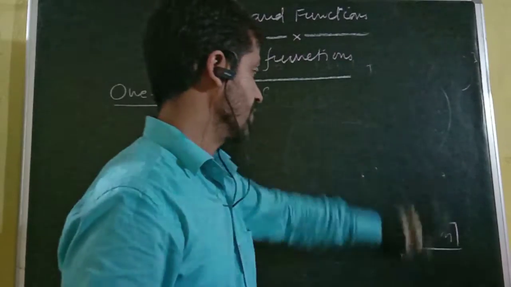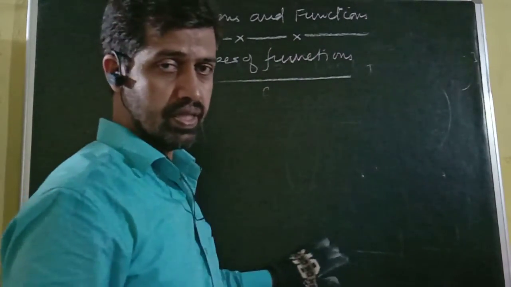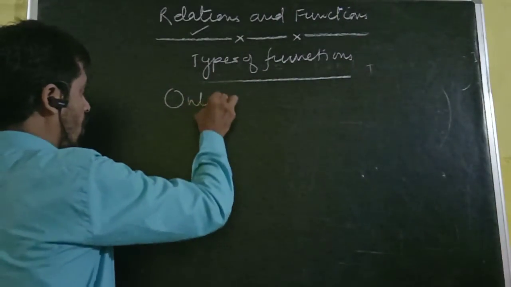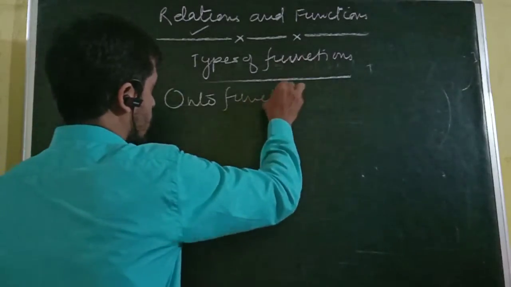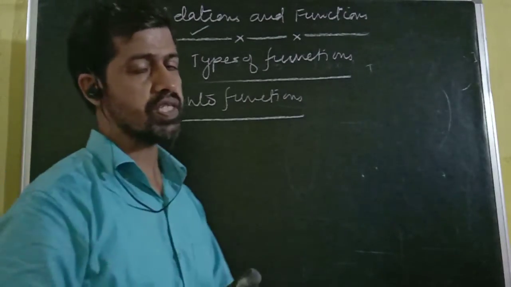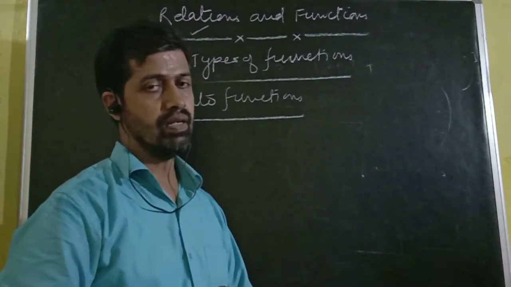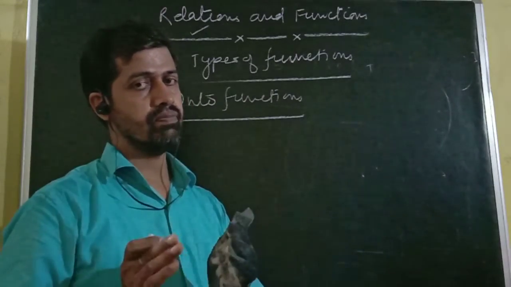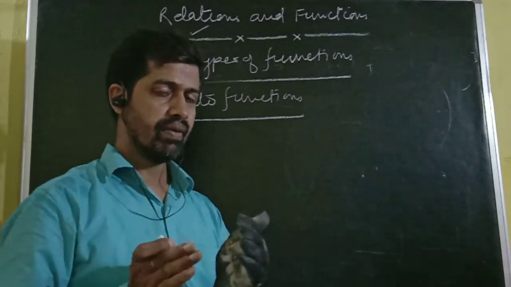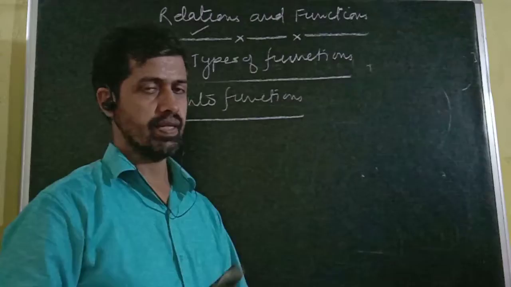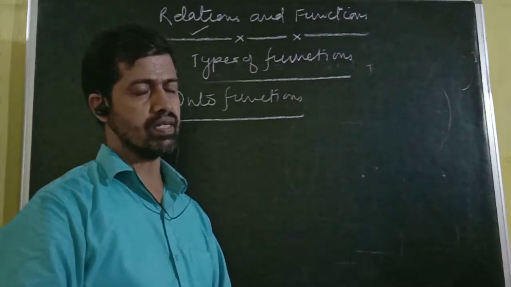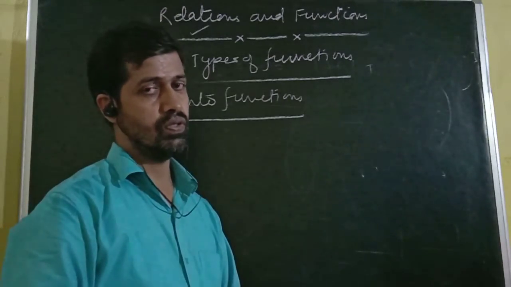We have already understood many-one. Next type of functions is onto functions. Now, onto functions we can understand with an example. Say that on a particular day in class 12 A, 50 students turned up, and the number of single chairs were 50 or less than that.